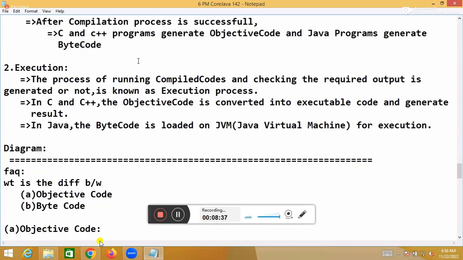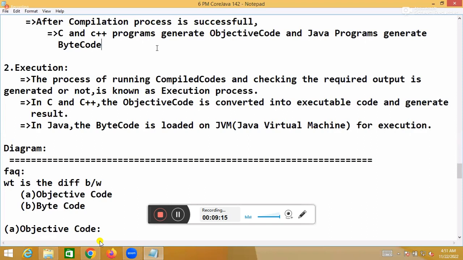That only. C and C++ programs generate what code now? Objective code. And Java program generates what code now? Byte code. This point is very important to be remembered for interview, because a definite question will be there on the codes. When a student is entering into Java flavor in your graduation study, university attached courses will be there. Definitely a C paper will be there. Directly or indirectly, independent of your graduation, somewhere a computer science department attached course, if it is done, definitely a C paper will be there. C++ not there, but C paper will be there.